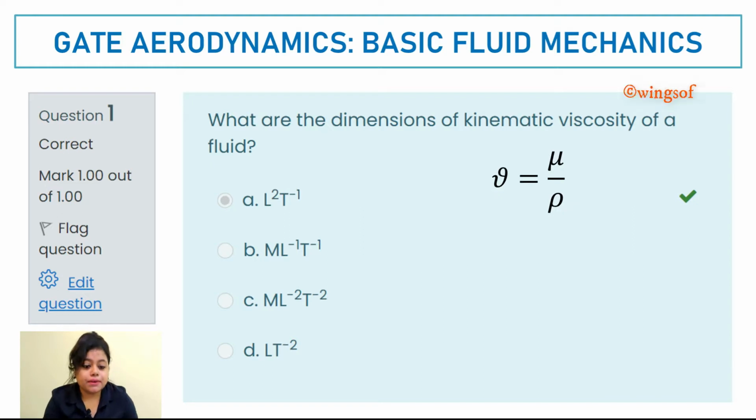So first remember the formula for the kinematic viscosity. So what is the kinematic viscosity? Kinematic viscosity is the ratio of the dynamic viscosity divided by the density. So you substitute the value or you can remember the unit. So what is the unit? Meter square by second. Once you know the unit, you can find that there is no mass, no kg. m represents L and time represents T. So you can find that L square T minus 1. So option A is the right answer.